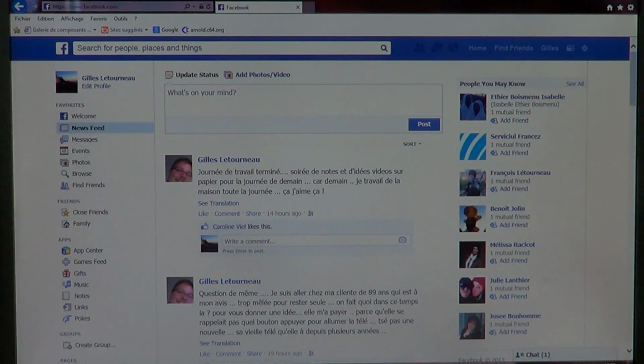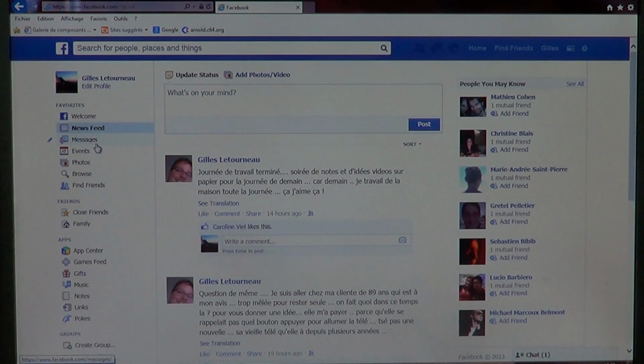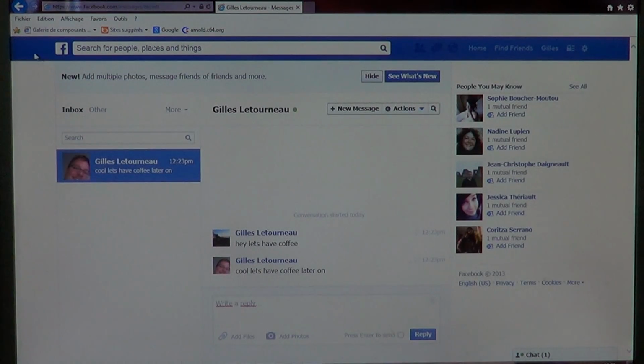So that's Facebook for you. Hope that you find it interesting to navigate through. Don't forget, at the left side you've got all sorts of other information. You've got the Facebook welcome. You've got your news feed. Messages are the private messages. Events, if you look at